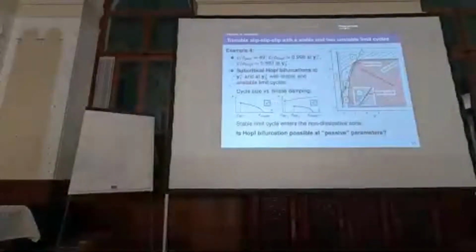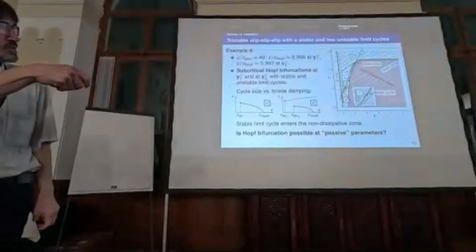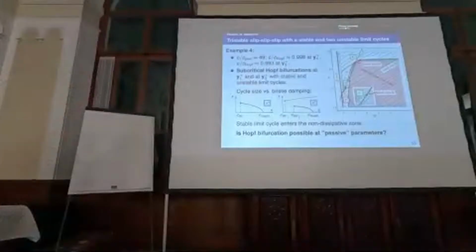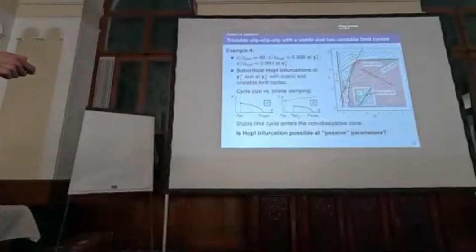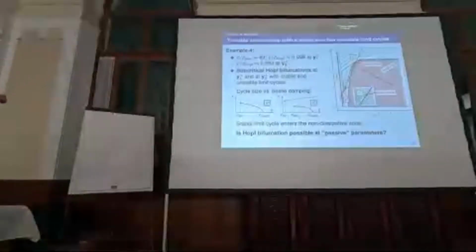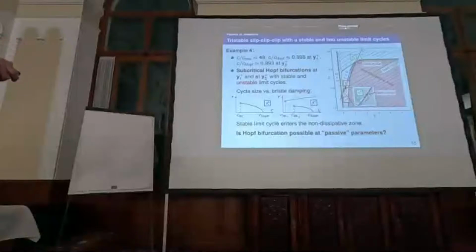And the last example is a really extreme case. Now the Bristol damping is 49 times bigger than the limit, and indeed the non-dissipative zone is here, and the solutions enter it. But from a nonlinear dynamical point of view, this is the most interesting case, since here we have a stable solution, and there is an unstable limit cycle around it. In that corner, there is another stable point, and a tiny limit cycle around it, and everything is encircled by a big stable limit cycle.